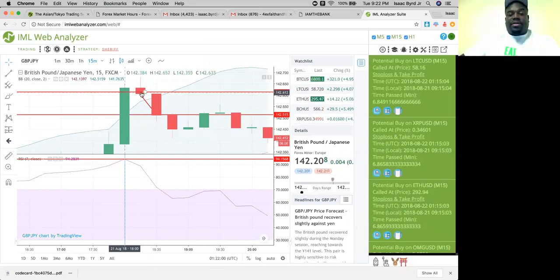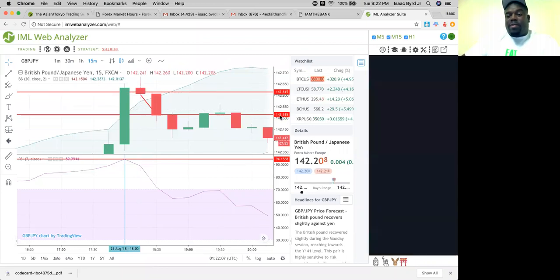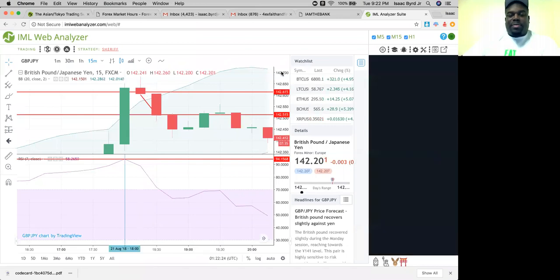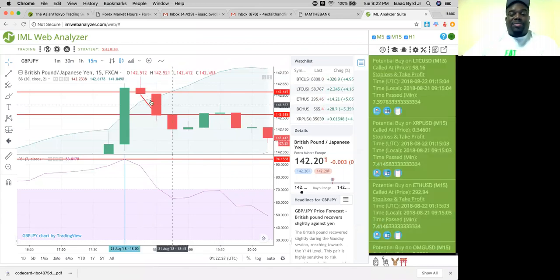So basically, you would enter a sell here. You would enter your take profit as this number here with the 51, the 142.515, which will be in your MetaTrader 4. You can set your stop loss at whatever you desire or whatever risk you desire. I'm usually at 15 to 20 pips, depending on how large I'm going on leverage. You set that, and that's all you do. You set it, and then you wait for it to go to that point.